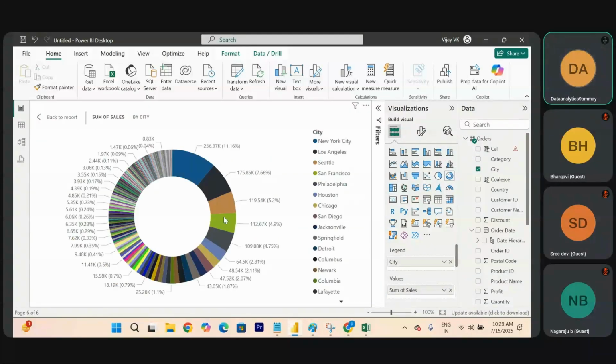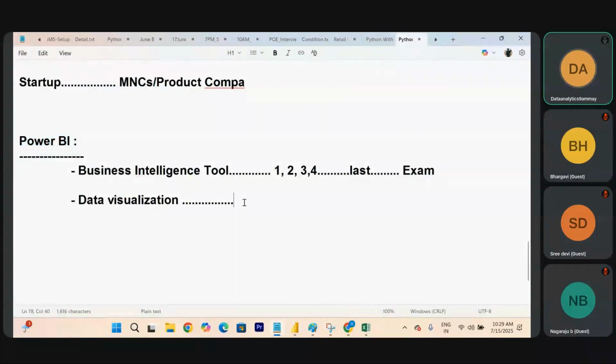By using this data visualization, can I call it data visualization in the form of different charts, different shapes? That is the definition of Power BI. Power BI is data visualization in the form of different charts, different tables, different graphs.